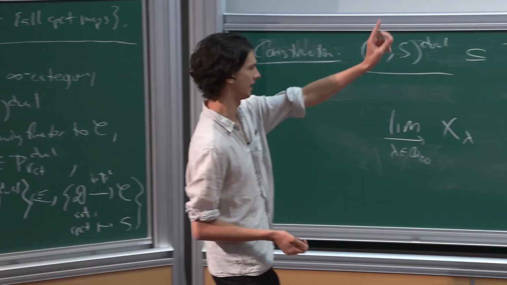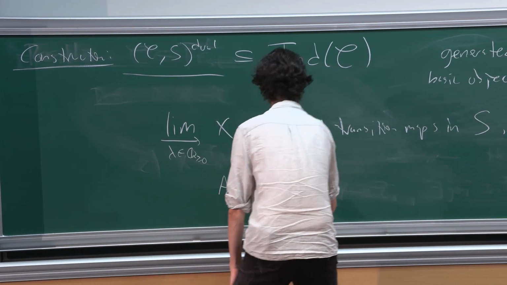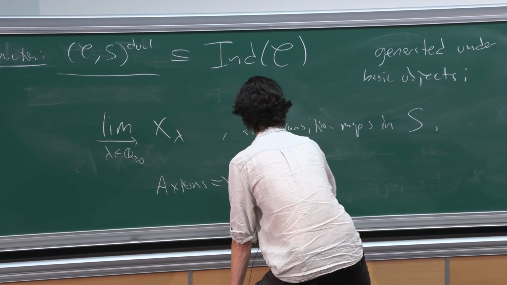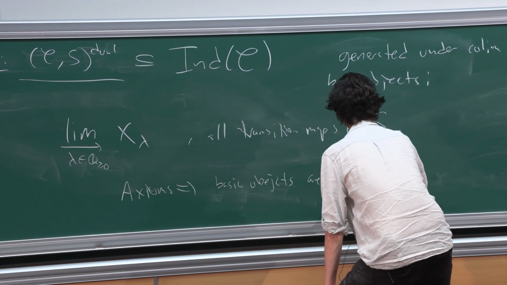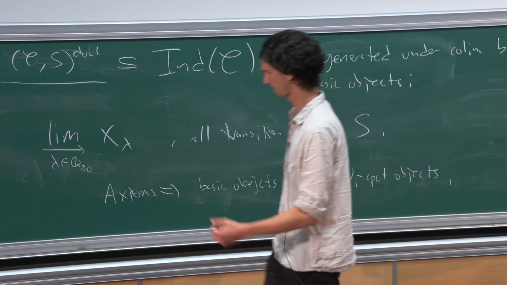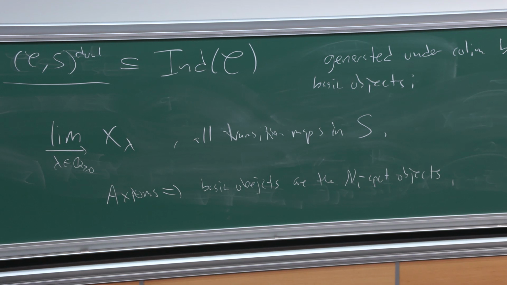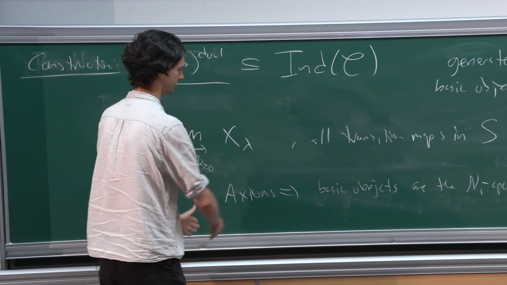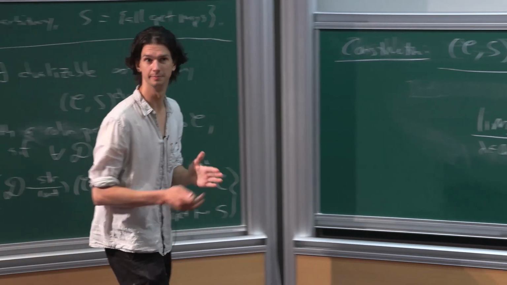And then the axioms actually imply, so for that check that it is dualizable, you don't need the axioms, but the axioms imply that these basic objects are closed under countable colimits and are the Aleph1 compact objects. So checking closed under countable direct sums, there's some trick with writing a countable direct sum as a colimit of finite direct sums and then passing to some diagonal in the system.